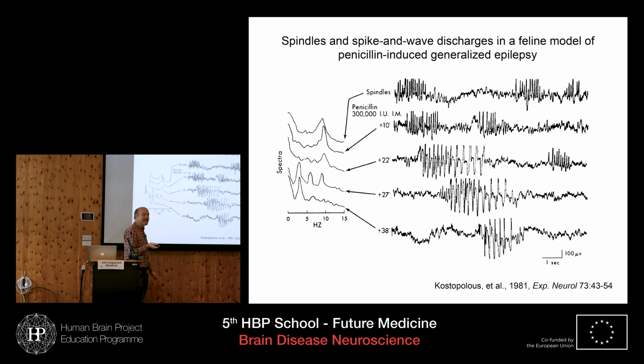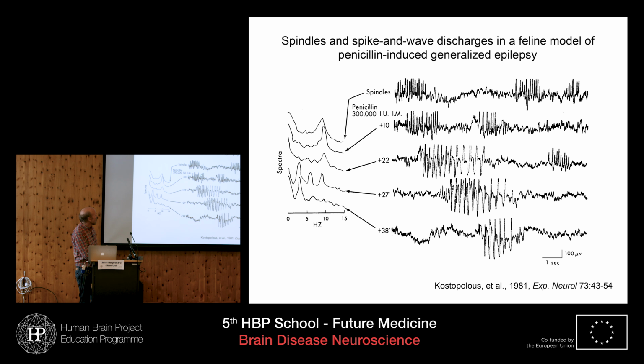So this was discovered, I think, in World War II when the neurosurgeons were in the field and they were treating soldiers that had received penetrating head wounds, and they would bathe the brain with a penicillin solution to prevent infection, and the soldiers would have seizures. So you don't apply penicillin to the brain directly. But in any case, if you give a very large dose of this intramuscularly, over time it gets into the